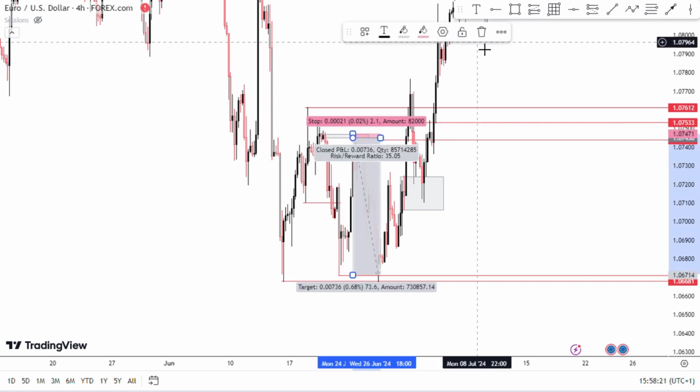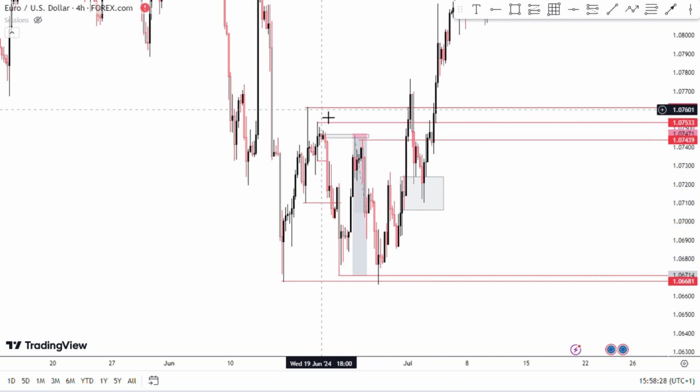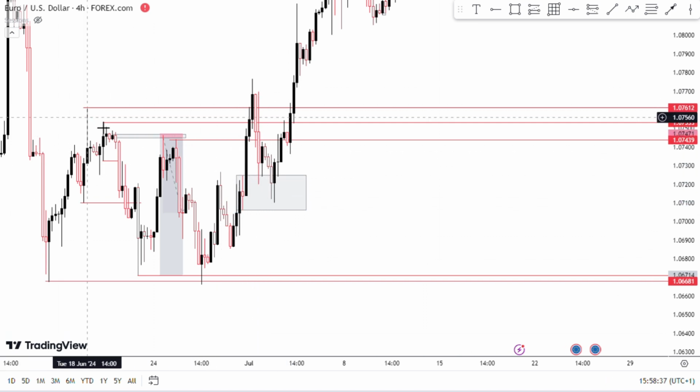So price ended up breaking all these highs you are seeing. Let me just delete this entry. Okay, let me just leave it. So price ended up breaking all these highs, this one, and also this one, making this particular order block a reorder block. So this is what a reorder block is, because it ended up breaking all these highs, and then